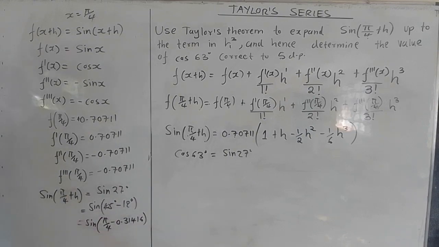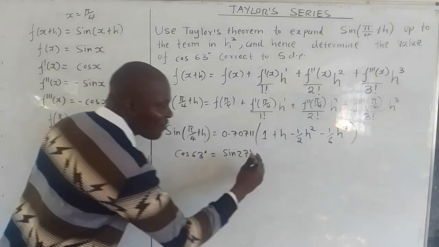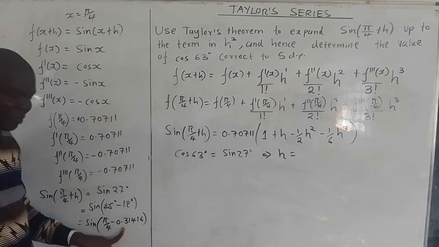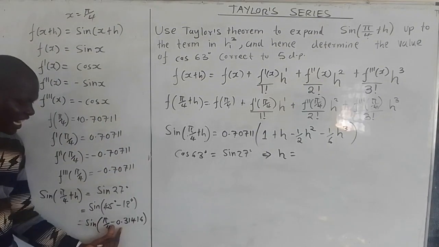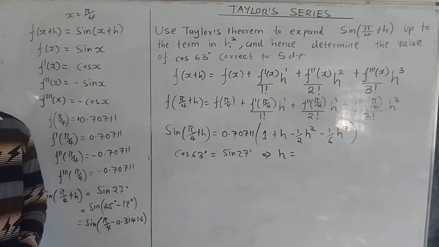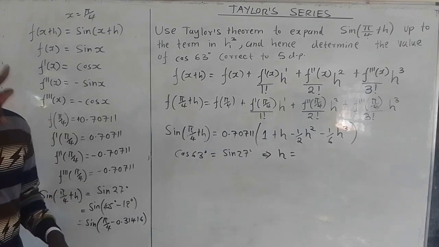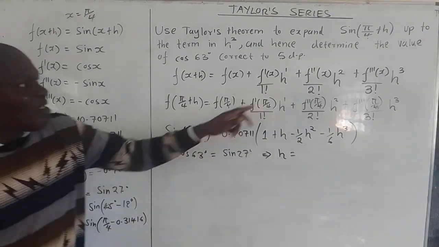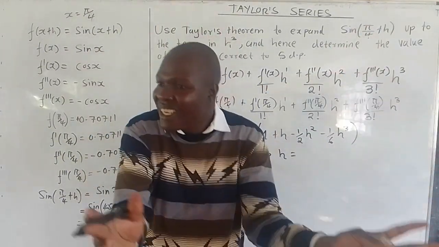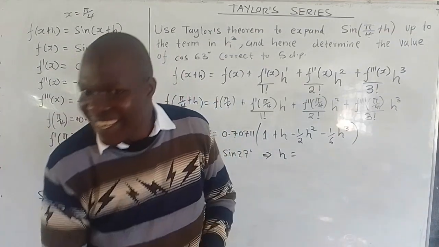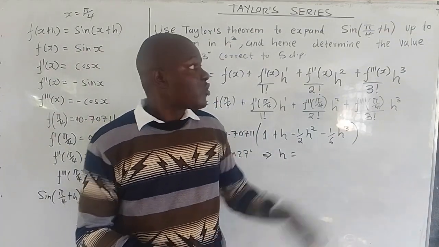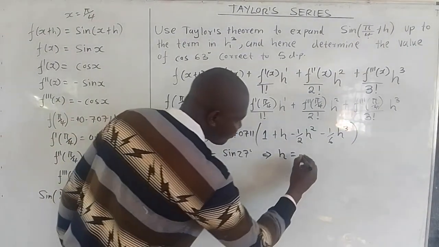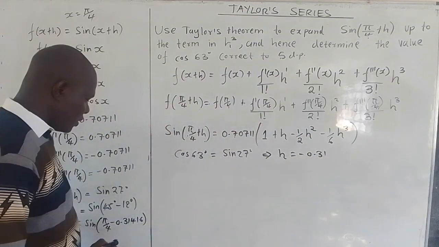Are you seeing? So cos 63 degrees is equal to sine 27 degrees, and we found our h is equal to what? Negative, because it is pi over 4 plus h, meaning this negative is part of the h value. It is pi over 4 plus, in bracket, negative, meaning the value of h is that negative 0.3. If it was pi over 4 minus h, h would be that value without the negative sign, isn't it? Are we together? So h is negative 0.31